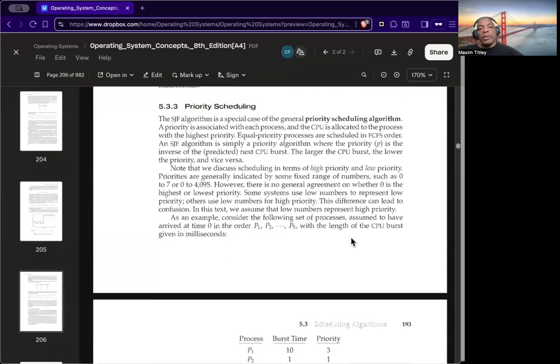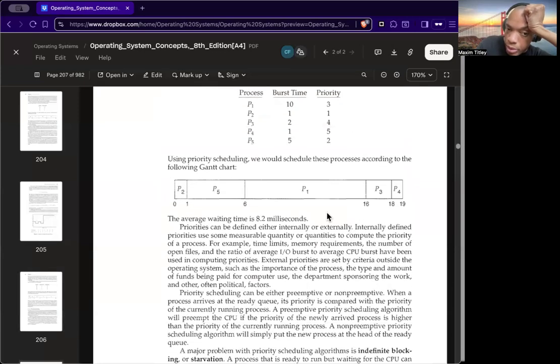So now here's something else. I said that, yes, we do use queues, but the way we use the queues is a bit different. This is a priority queue-based algorithm. So with priority scheduling, we don't look at when times arrive, but how important those processes are, the reason why they need to finish. So here are the priorities for various processes, 1 through 5.